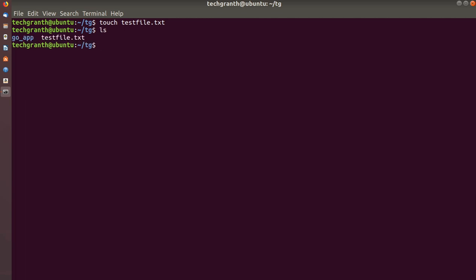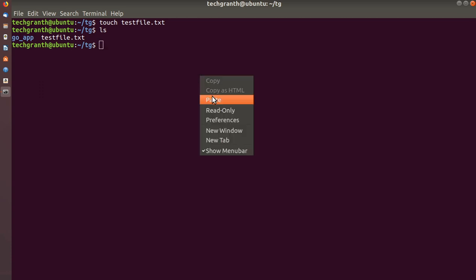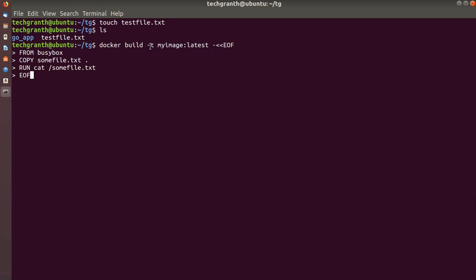You can see we have created that file. Now we will build that image using the same syntax we used earlier: docker build -t my image latest and this hyphen, with two less than symbols, end of file. But here we will be using the COPY instruction. Let me just cancel it.